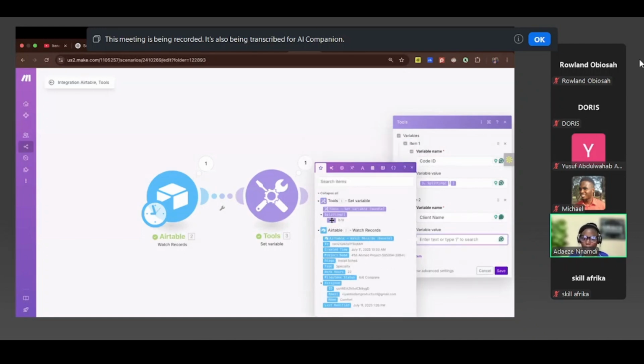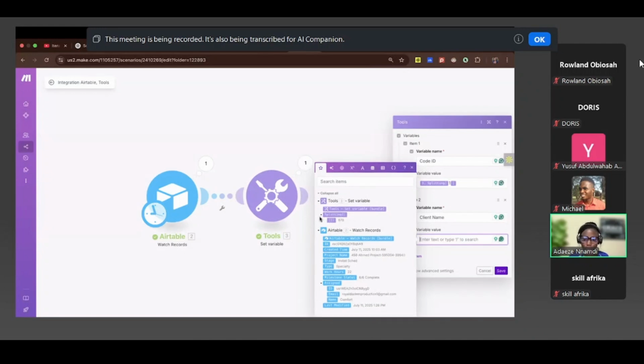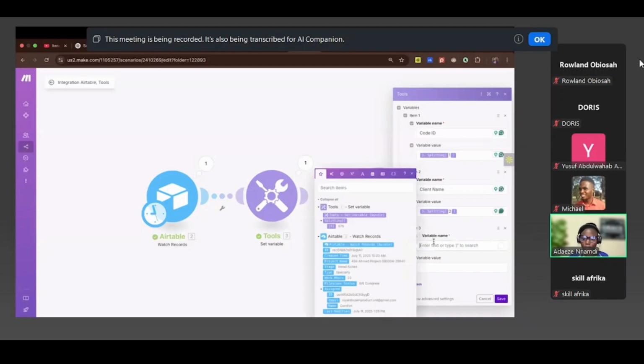So we'll come back here and pick this split function. Remember that I didn't do like this. If I do like this, there will be no space to put in the numbering. So you have to click on the drop down to pick from that place. And the second position from that output for the client's name is number 2. We put number 2 there. The third place for phone number